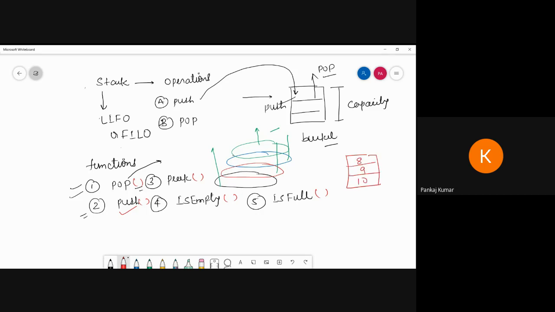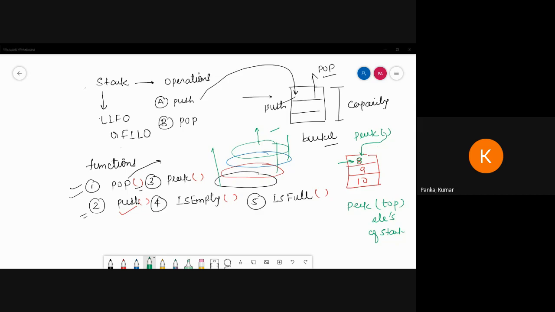If I tell you to peek the element, it can pick only the top element. The peek function always takes the top element of the stack. It cannot push, it cannot pop, it can only show the topmost element of the stack. Is it clear regarding the peek function?